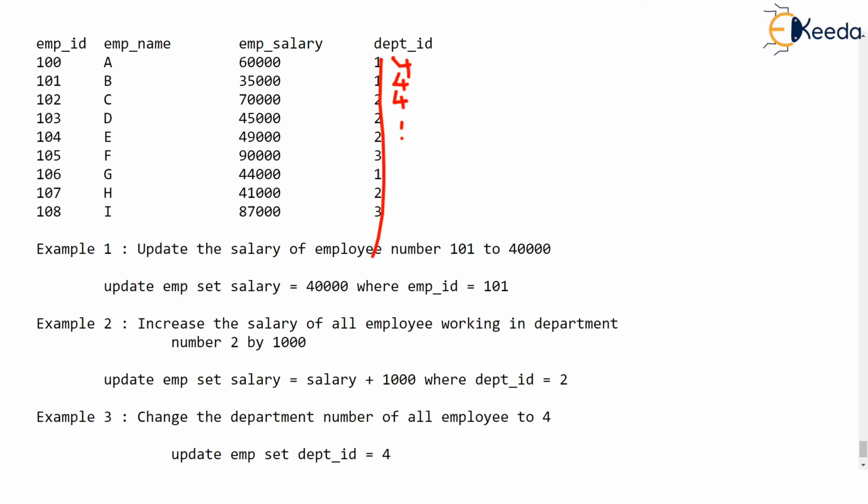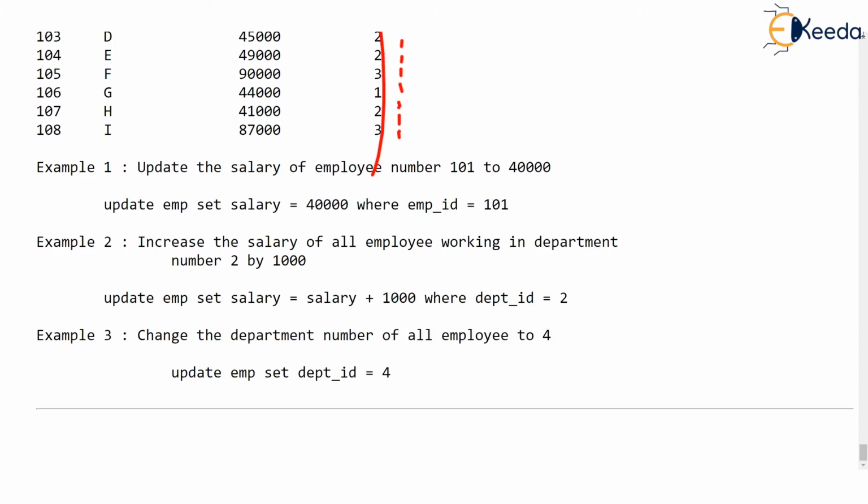This is very funny, but just imagine we want to update all the values under the department ID column to 4. What that means is we don't have any where clause here. We will just say update, after that the name of the table EMP, then there is one special word set, and then DPTID, set the value of DPTID to 4. That's the update operation we have written over here. There is no where clause, because there is no condition.